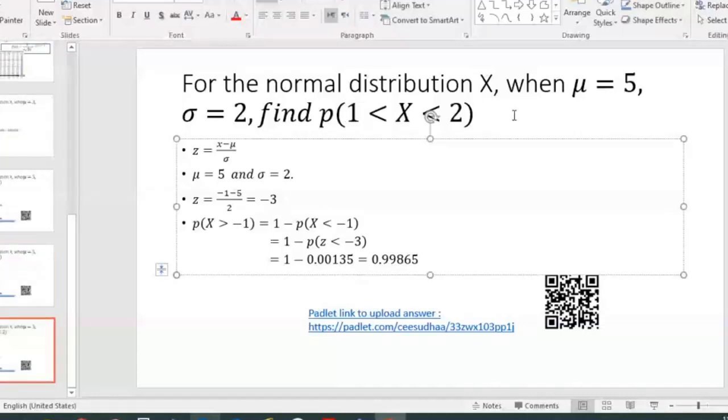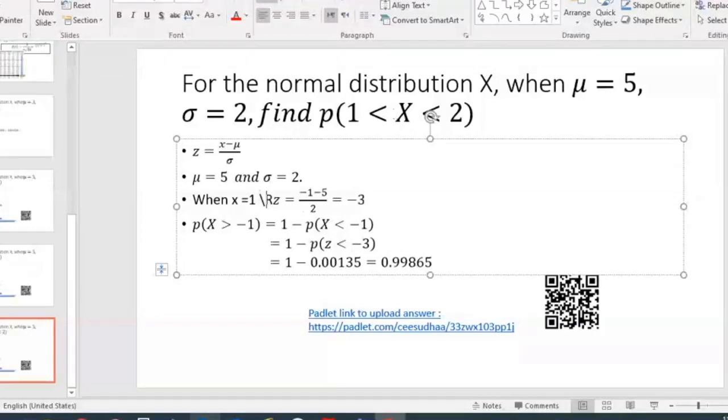Two intervals: x is greater than 1 and less than 2. If you are getting two intervals like this, the calculation is a little bit different. First, the formula is the same, and mu is equal to 5, sigma equal to 2 is also okay. Now, when x is equal to 1, take the first value only, this value on this side only, you can take it. So calculate